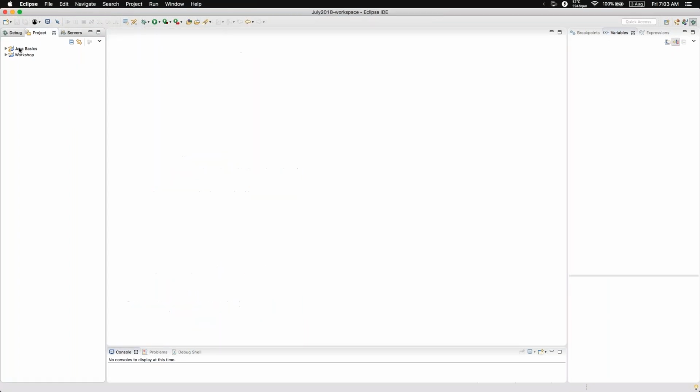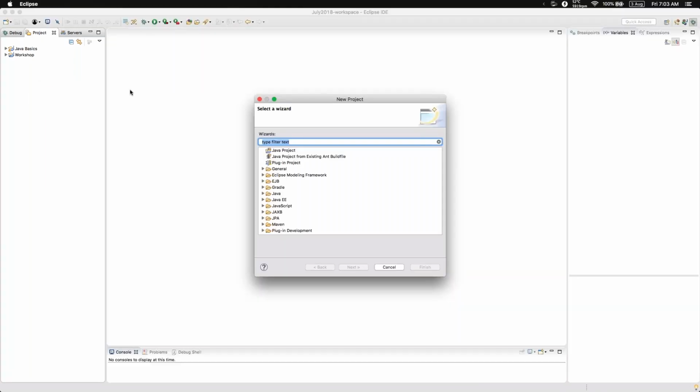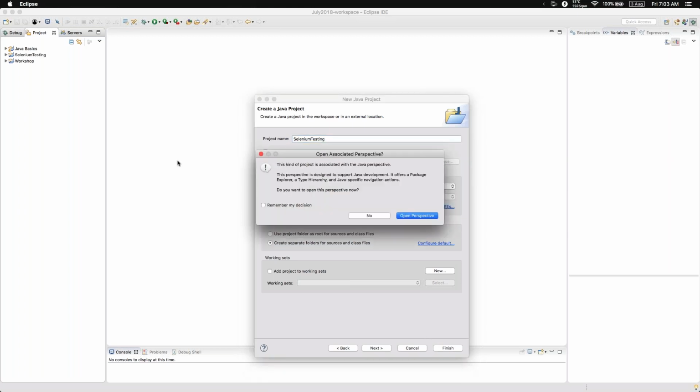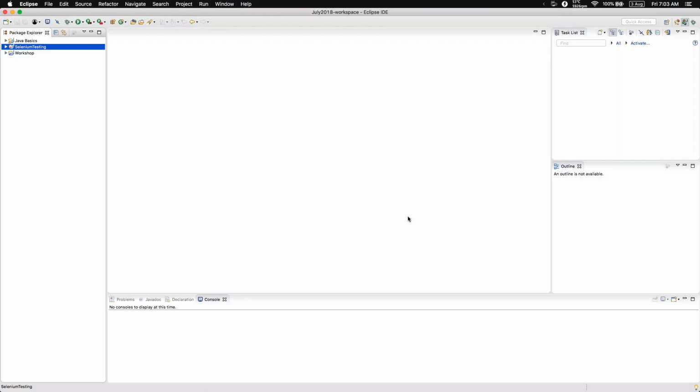So today I'll start off with a new project. I'll create a new Java project and call it Selenium testing. Let me finish this. Open the perspective for Java. Then right click. To do Selenium testing,